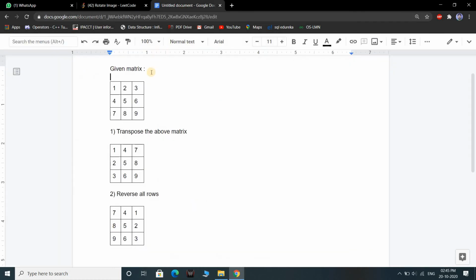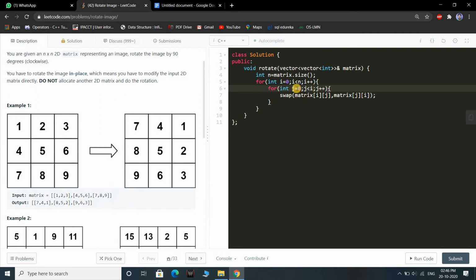So basically what is happening is, after I have swapped a pair ij with ji, I cannot again swap it when I go to jth row and ith column, because then the swapping will occur 2 times and we will get the original matrix from where we had started. So that's why we will run this jth loop from 0 to i minus 1 only. So after this, these two nested loops have ended. The matrix has now been transposed.